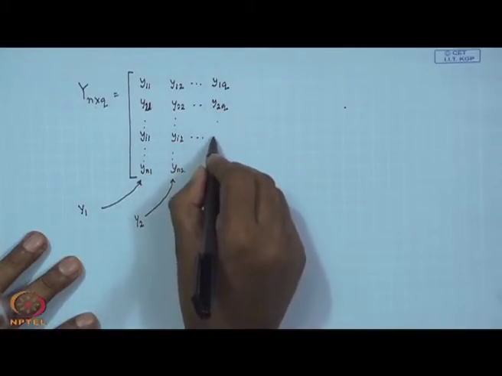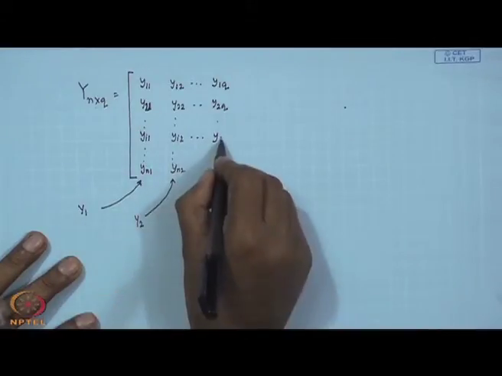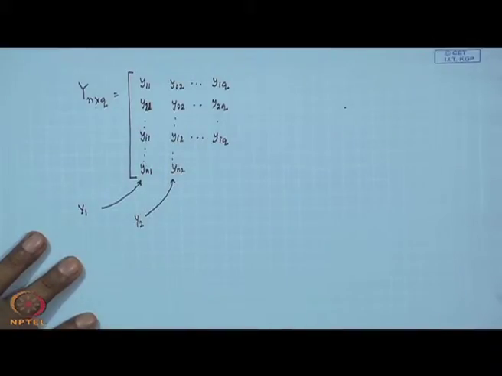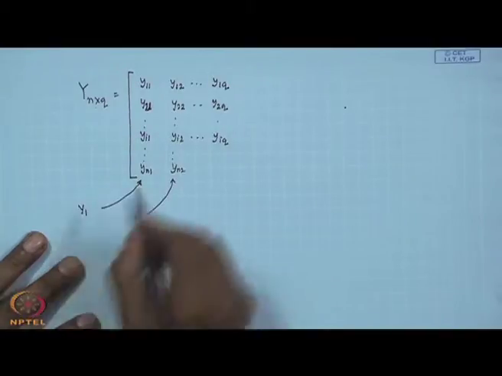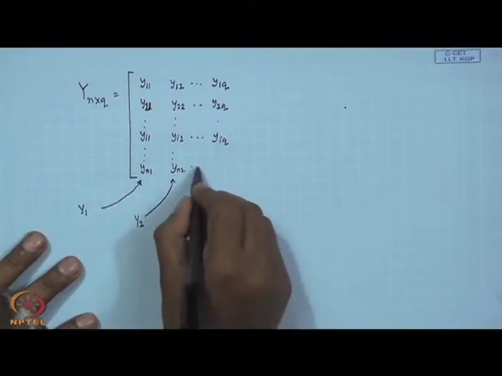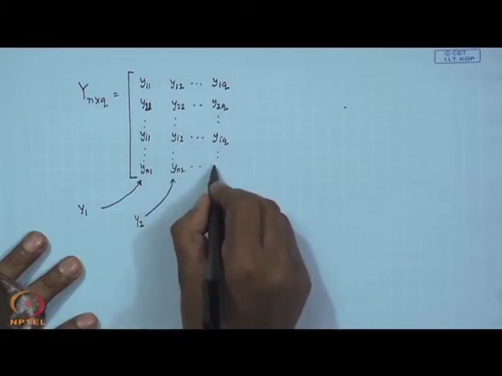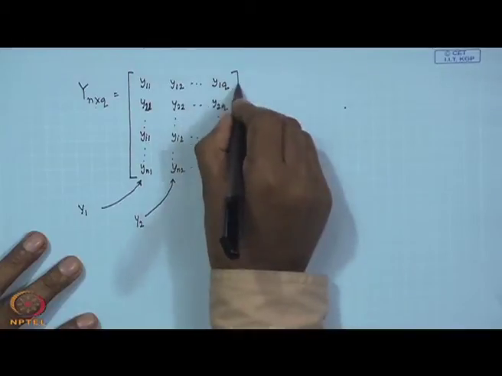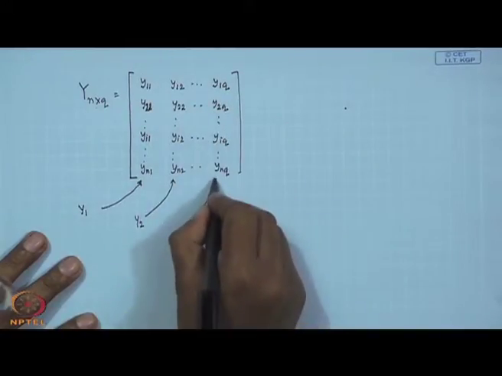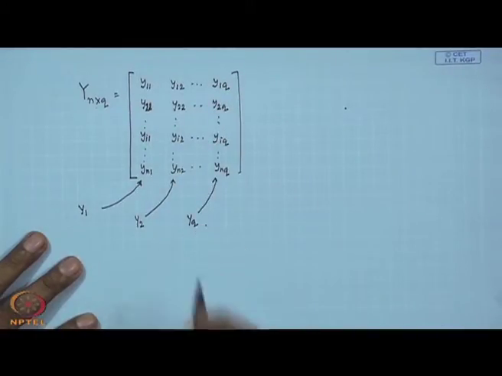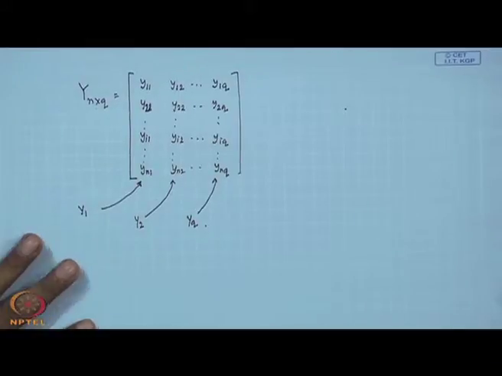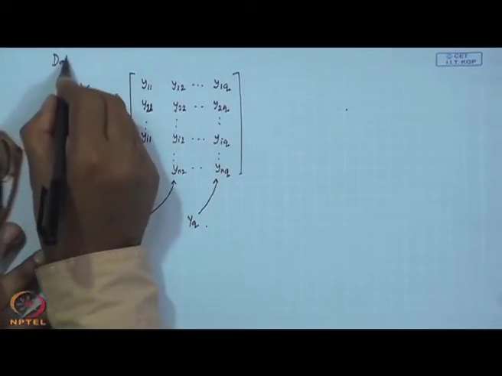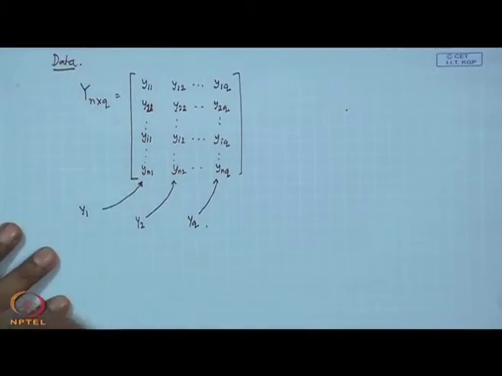So, like this ith observation of variable q, when I am saying variable 1 or variable 2 or variable q, these are all related to y variable. So, in the same manner n observations on y variable q. So, this is my y q. Okay. So, this is what is data, this is related to data.